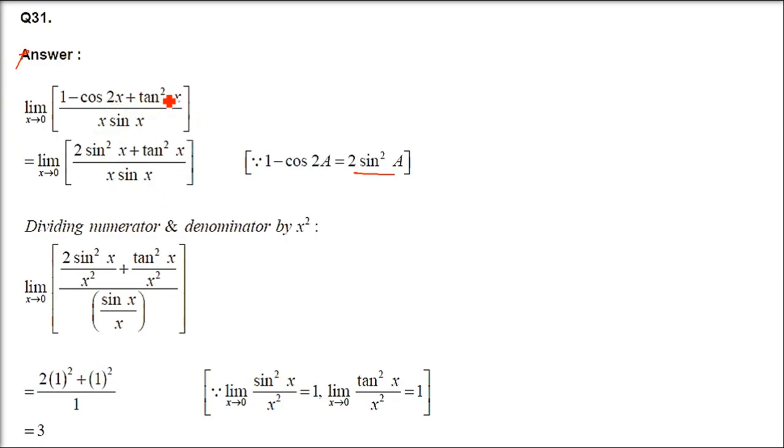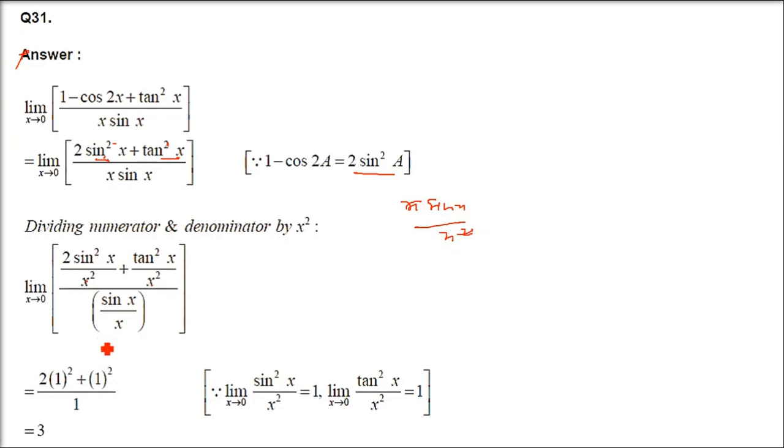Now divide numerator and denominator by x square. Why are we doing this? Because we know sin x by x, we know tan x by x, but here it is in square. Sin square x and tan square x are there. We cannot divide by x, it will not solve our purpose. So sin square x by x square, tan square x by x square, and x sin x by x square. I hope you got the idea. The highest power is of course x square. You will be tempted to divide it by x, but it will not solve our problem. So sin square x everywhere divided by x square, sin square x by x square, tan square x by x square.